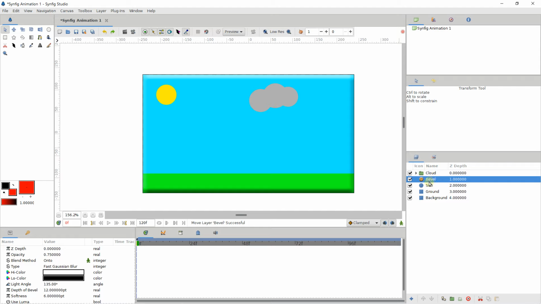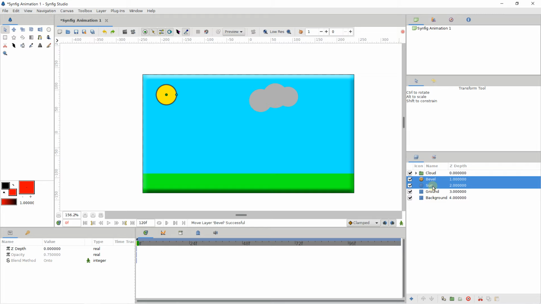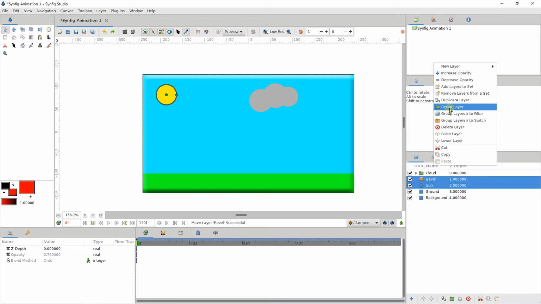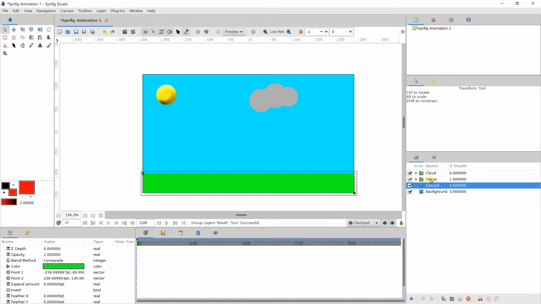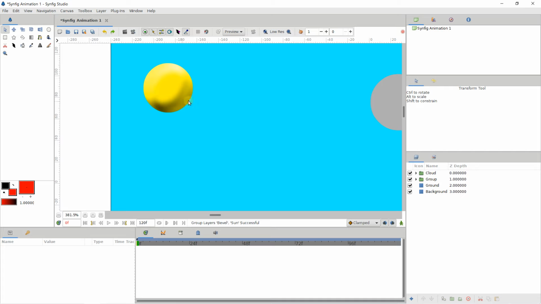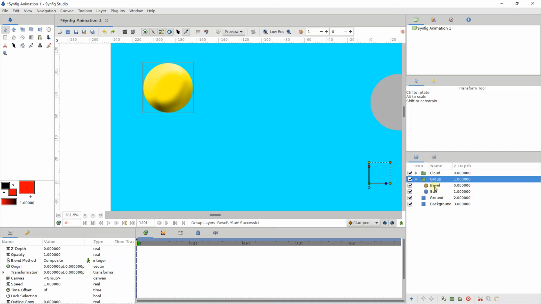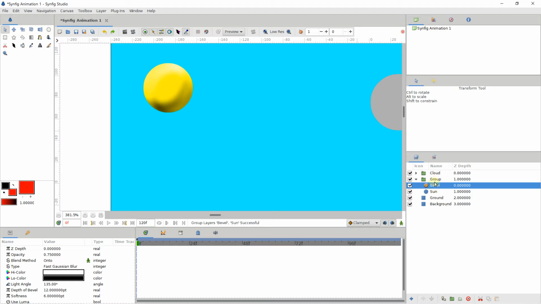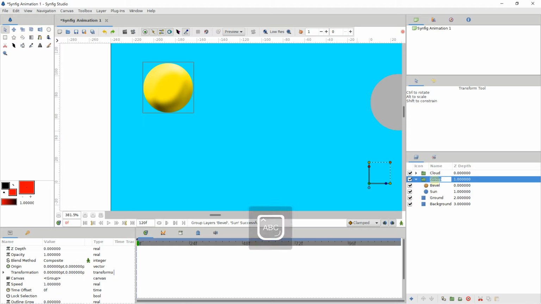You need to create a group. Select bevel, press Ctrl, select the sun layer, and if you right click, you can group layer. And thanks to that, now it's great because my bevel is applied directly only on my sun, like this. And after, you have inside this group bevel and sun. I can rename it sun bevel if you want, but I'm just going to type sun.